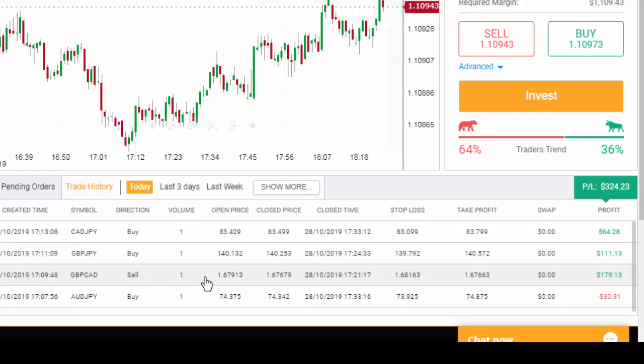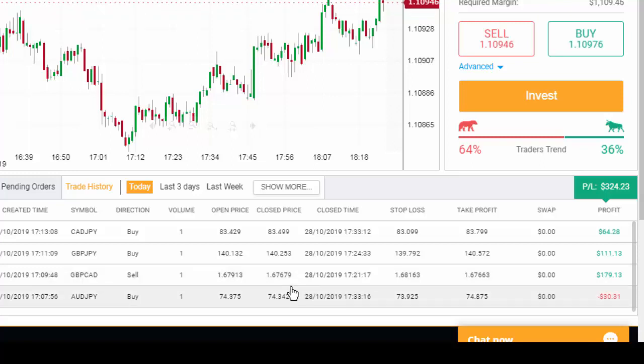It was a sell, with an open price of 1.67913 and a close price of 1.67679, and $179.13 profit. And the last one, which was a losing trade,